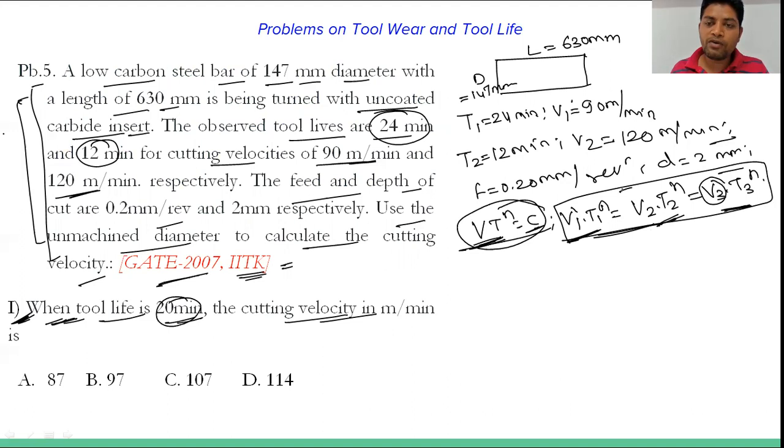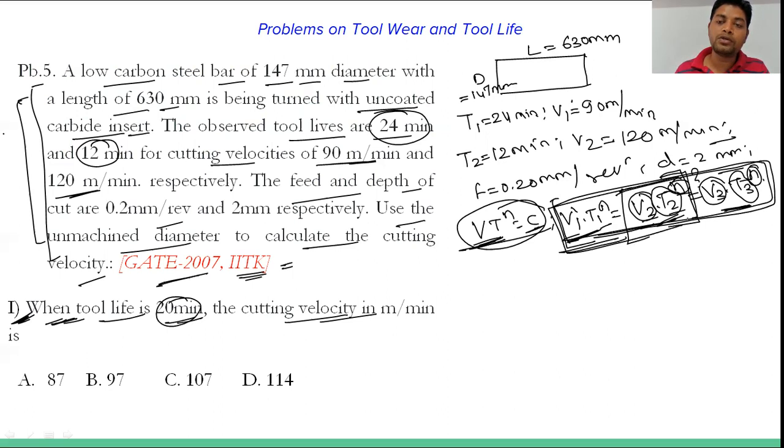अगर मान लीजिए कि मैं सेकंड को equate करता हूं, so what will happen, thus V2 is given to you, T2 is given to you, V3 we have to calculate, and T3 is given to you, but the value of n is not given to you. So what you have to do is, first equate these two values and get the value of n, because V1, T1, V2, T2 are given to you. So from this equation you will get the value of n, then you will equate V3 T3 raised to n to any one of these. Okay, so first is V1 T1 raised to n equals V2 into T2 raised to n.